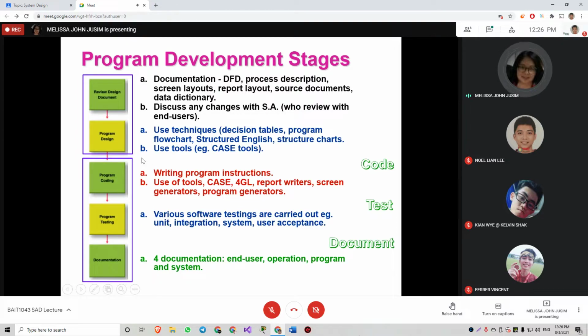These three boxes here refer to our system design phase, and the first two boxes are from the system analysis phase. This is from the system design phase, and this is for the system development phase.